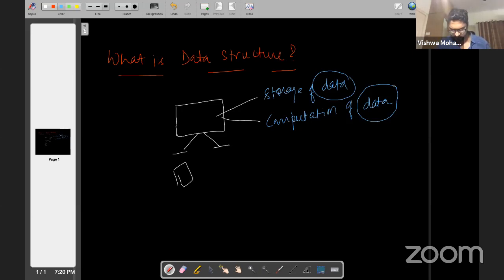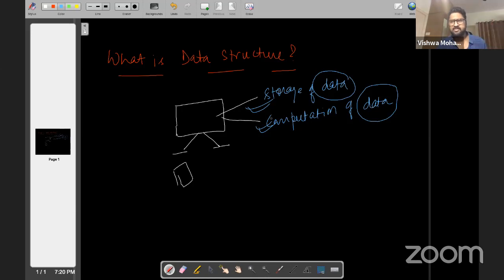And so we have to have something to take the meaning out of it. So how will you take the meaning out of it? First of all, we need to have storage for that. As soon as I collect the data, I need to store it first. And once I have stored the data, I should be able to bring the meaning out of it. Just having data will not make any sense, for example, just having books will not make any sense unless you go and read them. Similarly, just storing data will not make any sense. We'll have to run a computation over it.